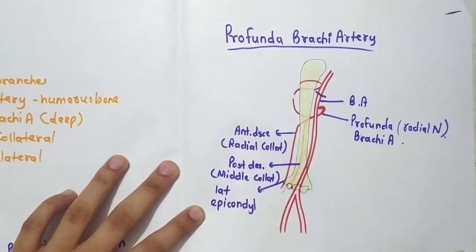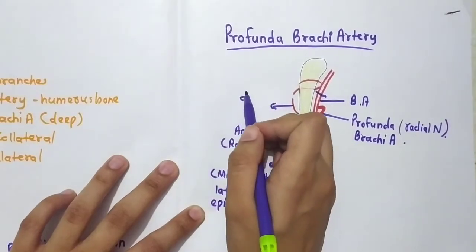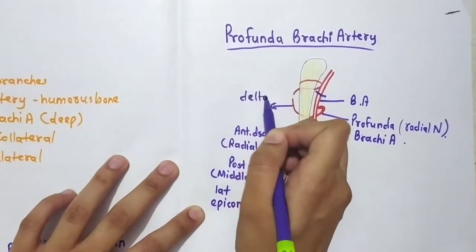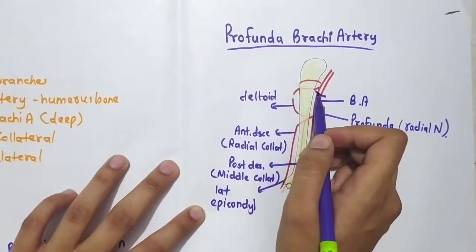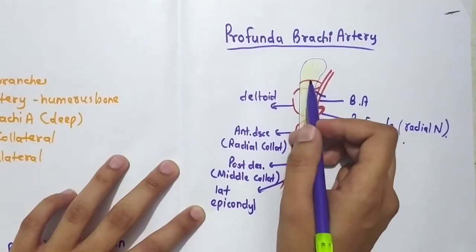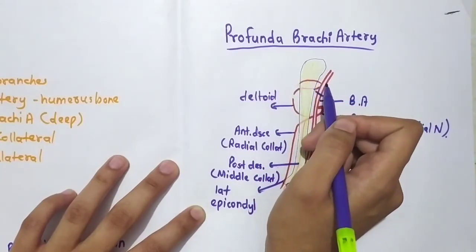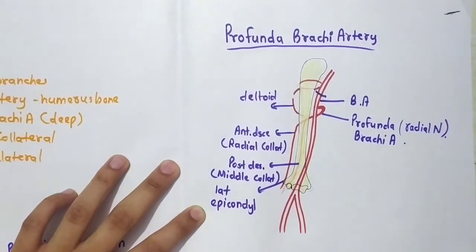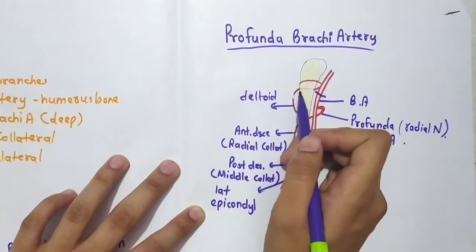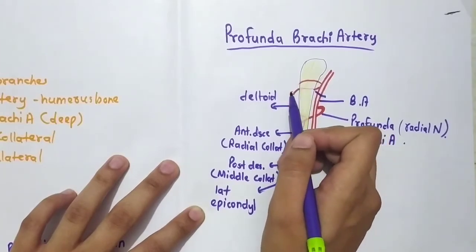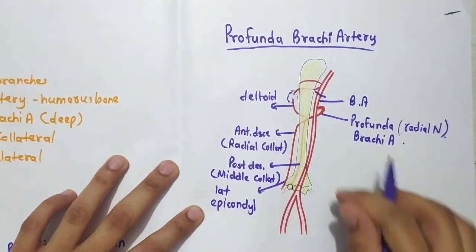Okay, and one another branch which is this ascending branch for deltoid muscle. So it runs upward towards the deltoid muscle, and then these are the 2 branches of axillary artery, which is anterior and posterior circumflex humeral artery. Okay, I hope you remember. So it anastomoses with a branch of this posterior circumflex humeral artery. Okay, and then there is a nutrient artery also.